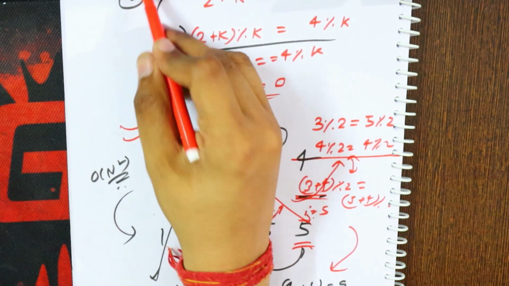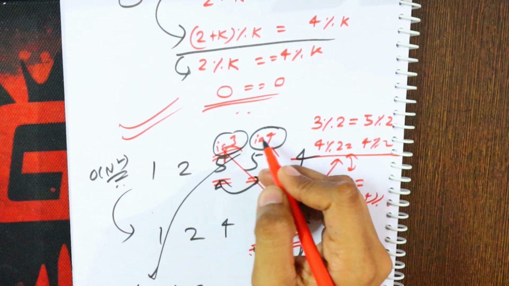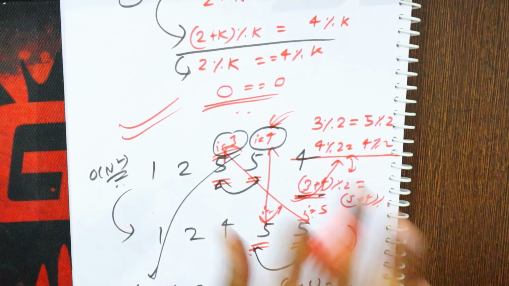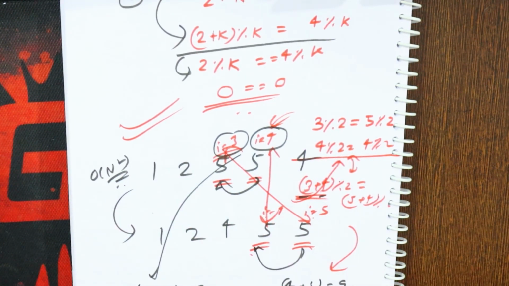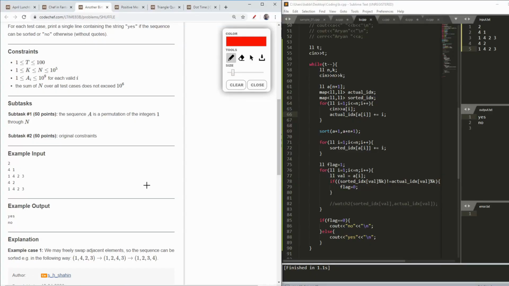Here the indexes were unique, but here the indexes are not unique. So you will add the indexes and then do a mod, and check if it is equal for every element. Then your answer is true, and if it is not, then unluckily your answer will be false. So let's move on to the code, and I will explain the code, then it will be much more clear to you guys.